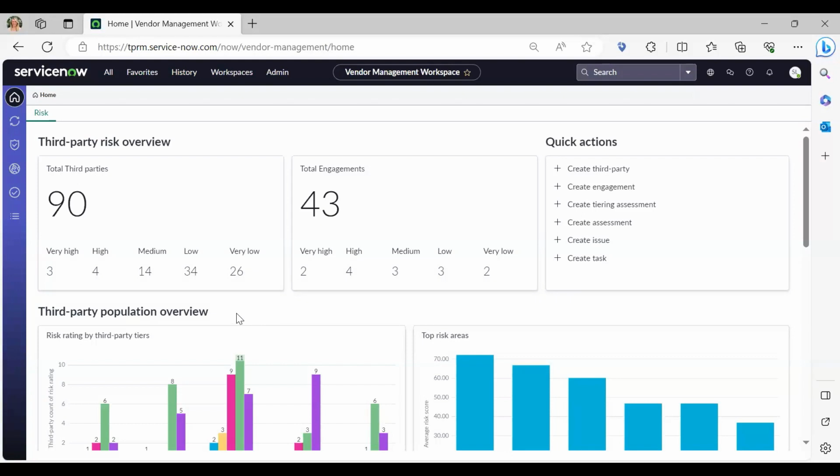And so any activity, task, record associated to a third party, as I mentioned, that third party record is a shared record across the platform. So any association to that parent record can be pulled in to be visible for the third party risk management team. Might take a little config, but the relationship can be created because of the native integration across the platform and that shared third party record.